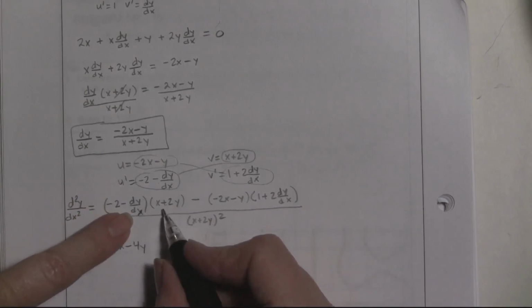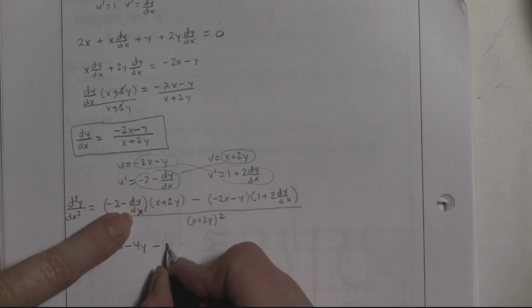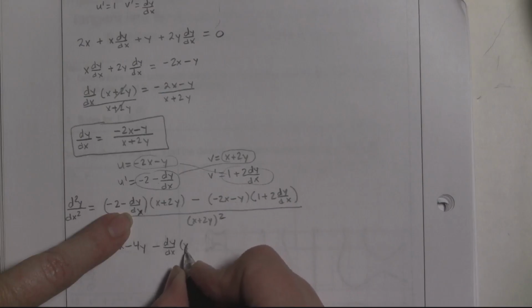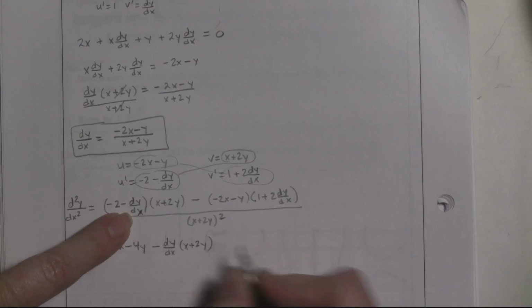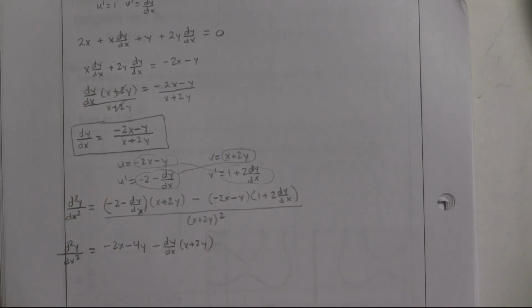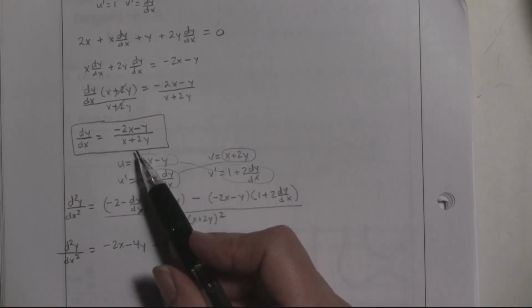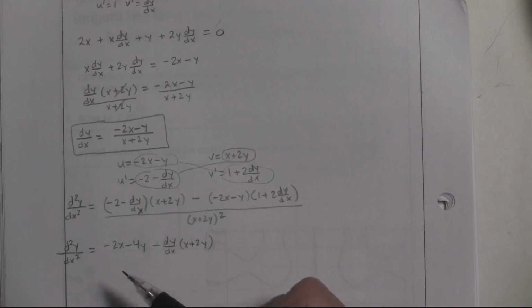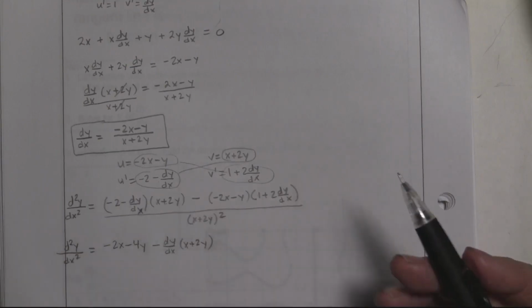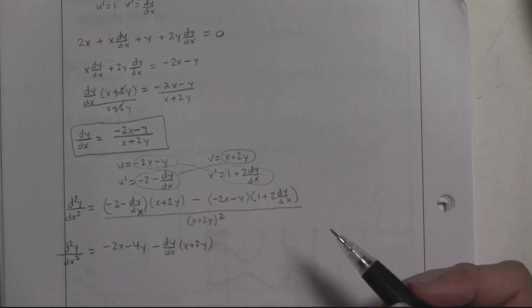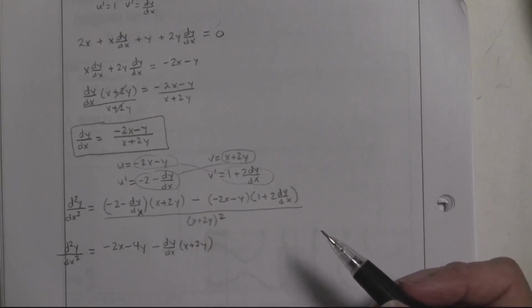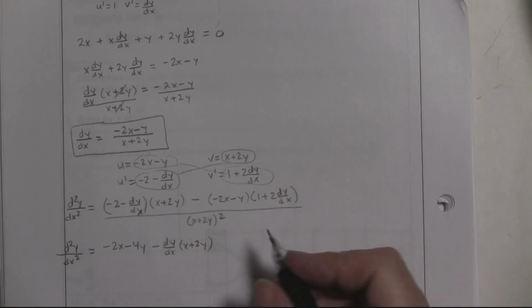But instead, I'm going to write this as minus dy/dx times x plus 2y, instead of distributing that part there. And the reason I'm doing that is dy/dx has a denominator that's x plus 2y, and those will cancel, and that'll just leave me the numerator, which I'll have to make sure not to make a sign error. Okay, so I did that, and then over here,